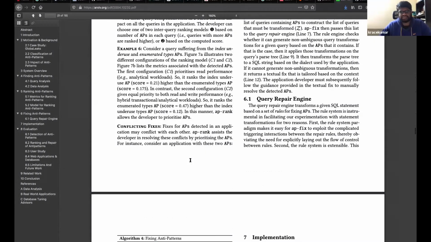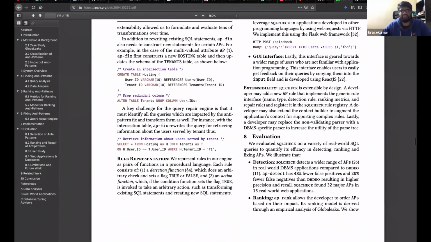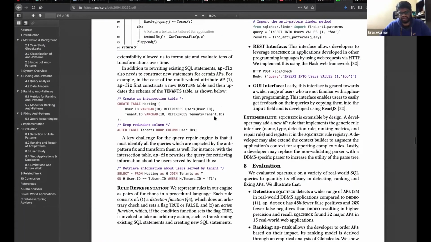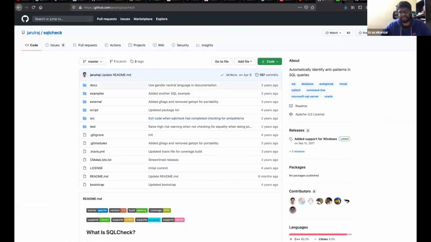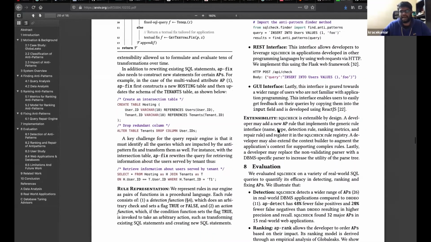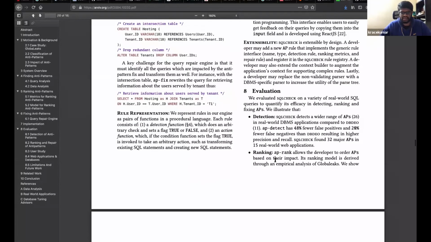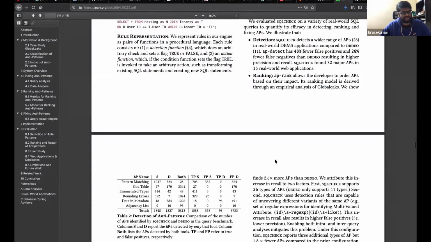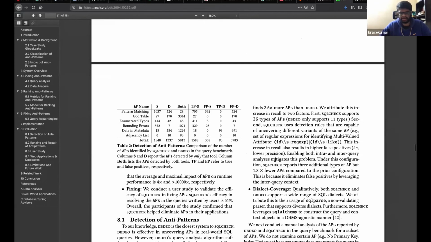But as of now, the biggest disadvantage is that this can only be used as a command line tool. For example, if you have an application in Python or Ruby on Rails, you cannot just plug it in and automatically check whether your query is good or not. They are working on a newer version, and they claim to have a Python version available, where you can just insert the query and get anti-patterns for that particular query. As of now, the code is not available, but it is available in research format. You can go and read about it.